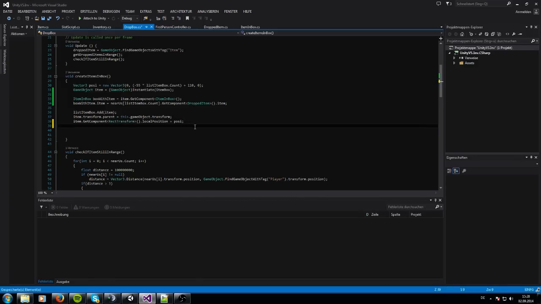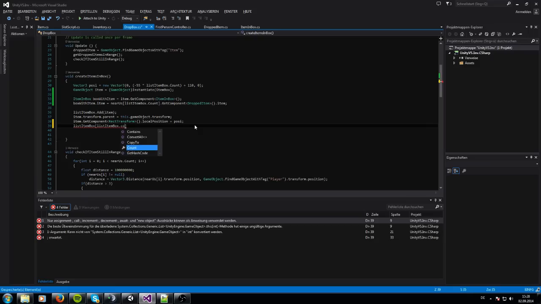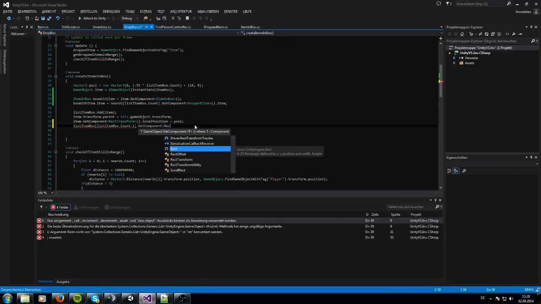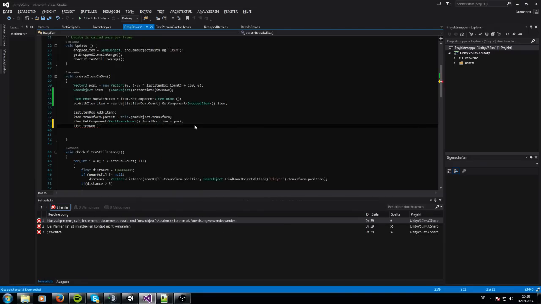How should I start this? Okay, we got our list item box with the index dot count -1, and we need the component of the rect transform. Ah no, I'm wrong. I'm totally wrong. I'm sorry. Okay,